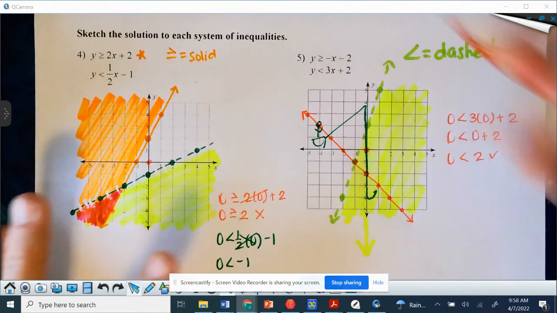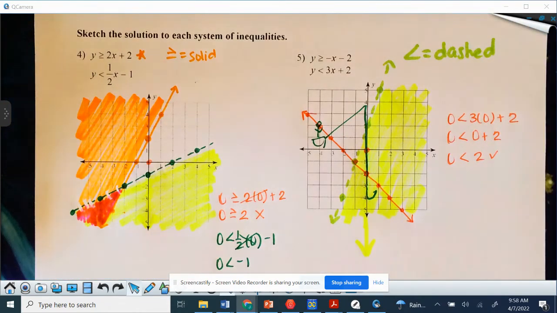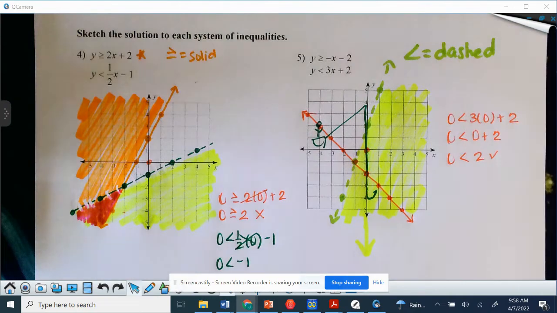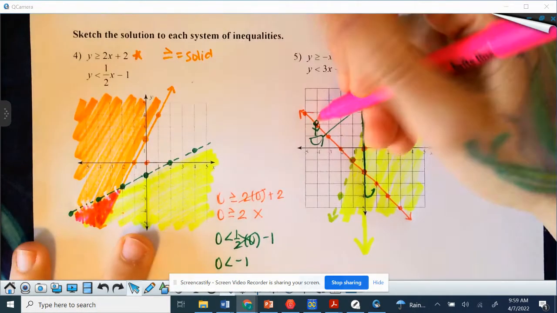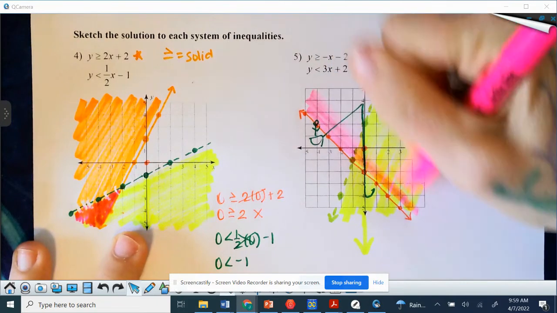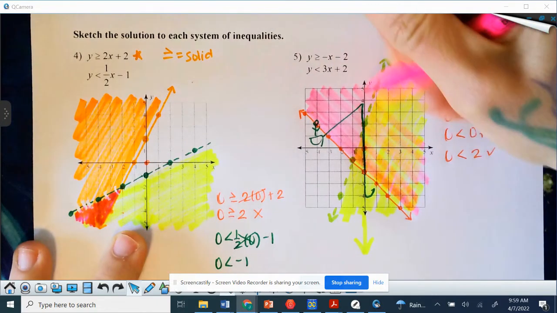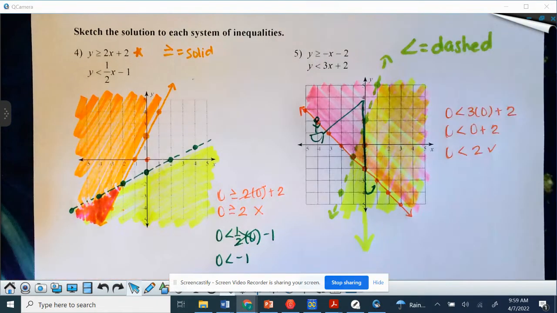It's greater than, so you're going to shade up. I'm trying to pick a color that if I put it with yellow, you're going to see a difference. I'm not sure. It's going to be a thing. So if I shade up, that's this way. And so again, your solution set